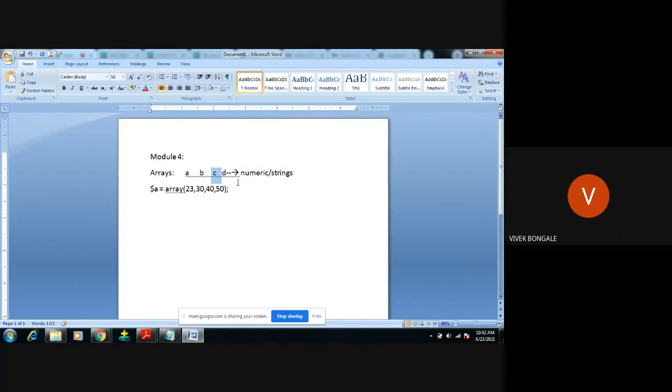In PHP, we don't say index here, we say keys. Through the index value, we are accessing the values we give inside the arrays.